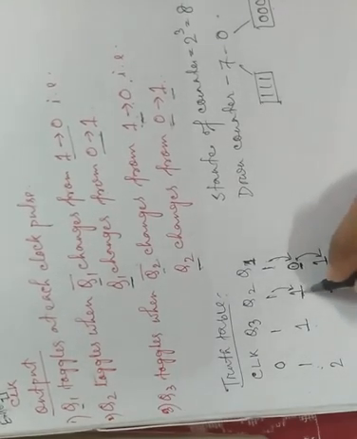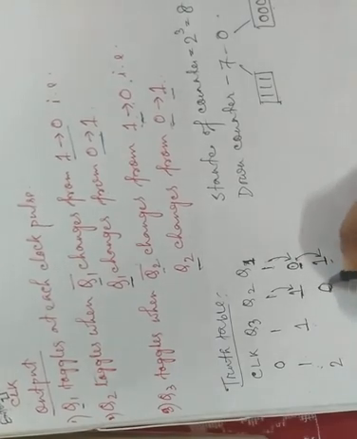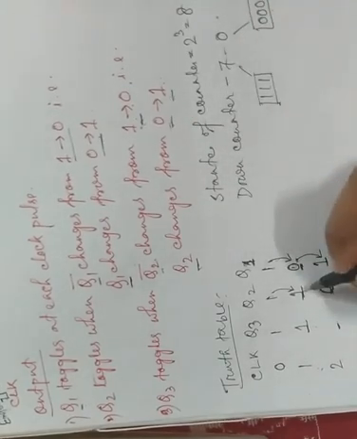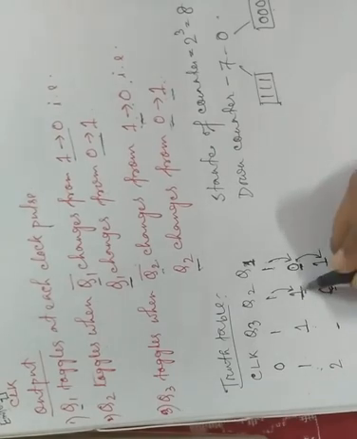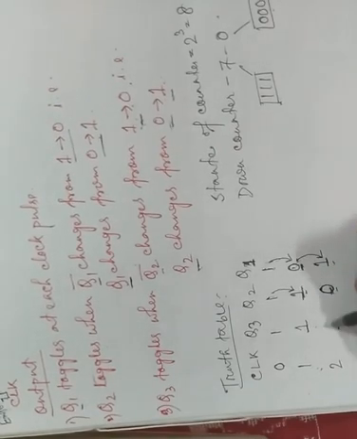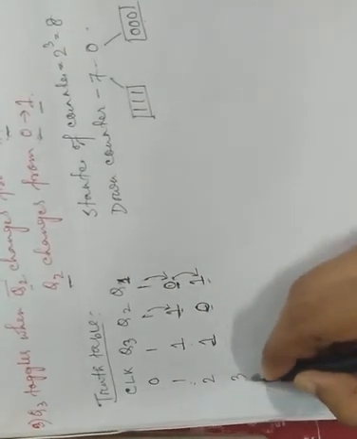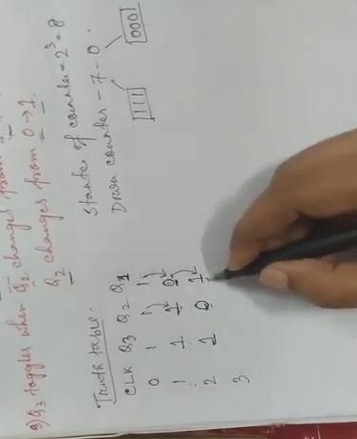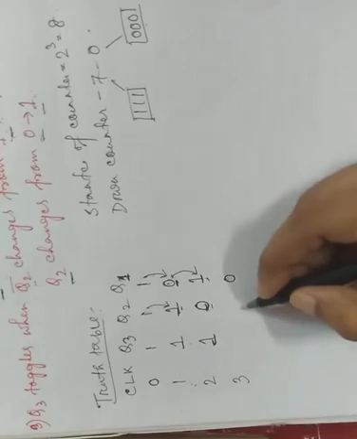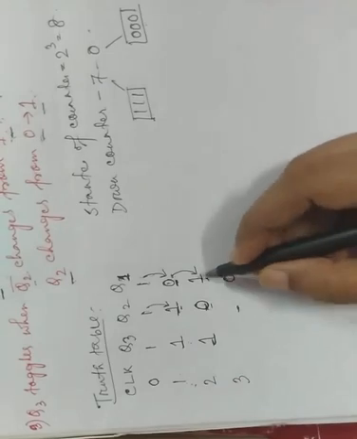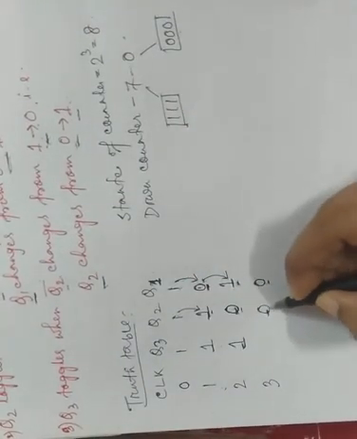So Q2 toggles means its previous value was 1, now it becomes 0. Now for the Q3 value, we check whether Q2 changes from 0 to 1. Q2's value was previously 1, now it is 0. So it has not changed from 0 to 1, so it stores its previous value. Okay. Now in our next clock pulse, Q1 will change; its previous value is 1, now it is 0. For the Q2 value, we have to see the value of Q1. It was previously 1, now 0, but we need 0 to 1, so its value will not change.